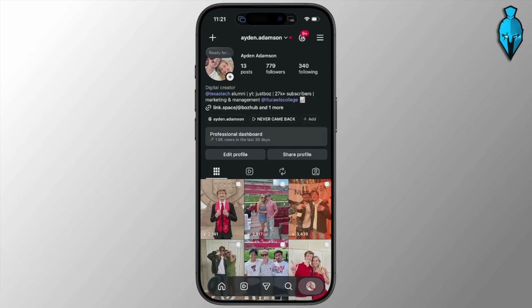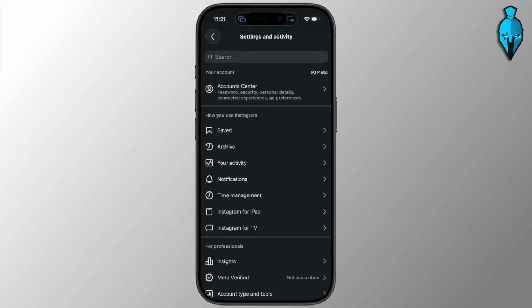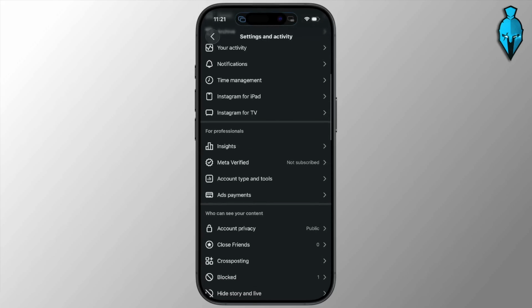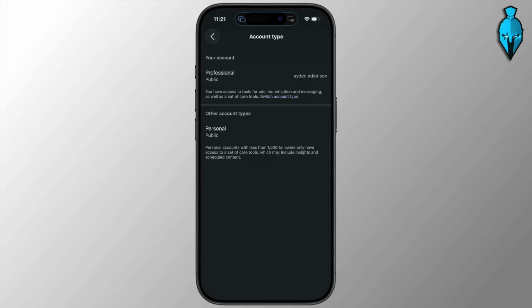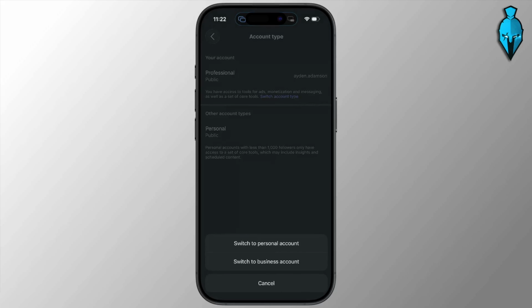Begin by opening up Instagram, and you need to tap your profile icon in the bottom right corner and then tap the three-line menu up in the top right and just scroll down to the For Professionals section on here. So scroll down a little bit, you're going to see For Professionals. Open up account type and tools, select account type up at the very top, and then just hit switch account type right here. You could choose switch to a personal account, confirm your selection, and then your Instagram profile is